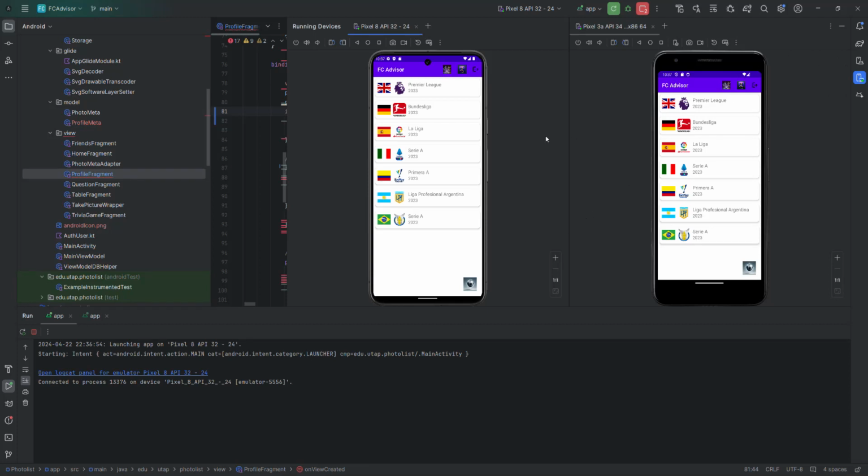Hello. So I'm going to be demoing my final project, FC Advisor. FC Advisor is an application that is meant to connect two worlds that I really like, which is soccer, football, and AI. The whole idea is that I wanted to have different interactions with Claude based on possible data or interactions of the user with things that are related to football.